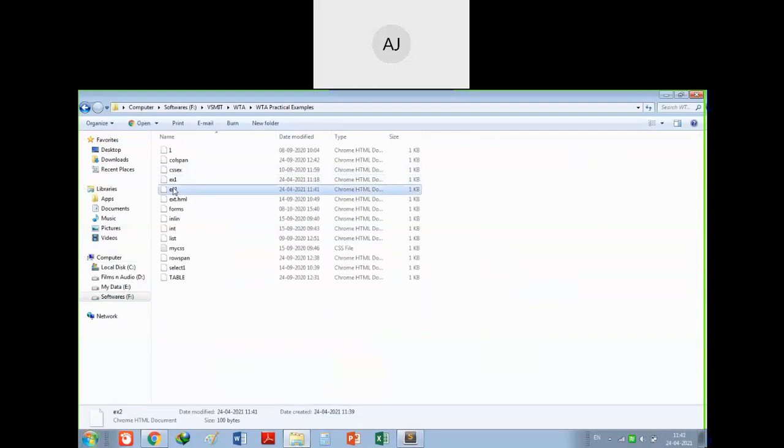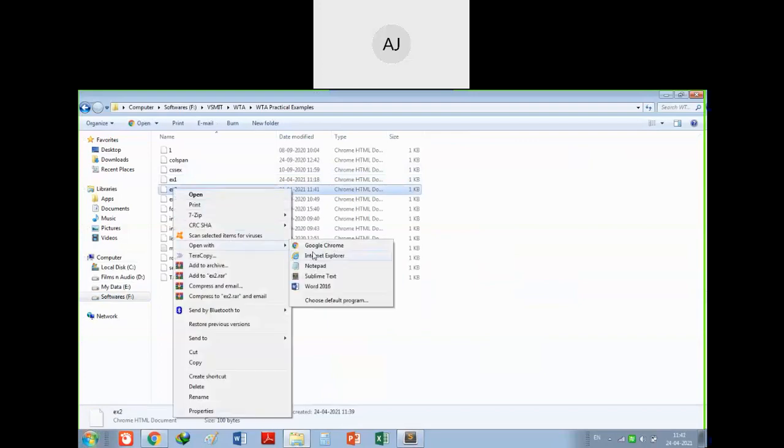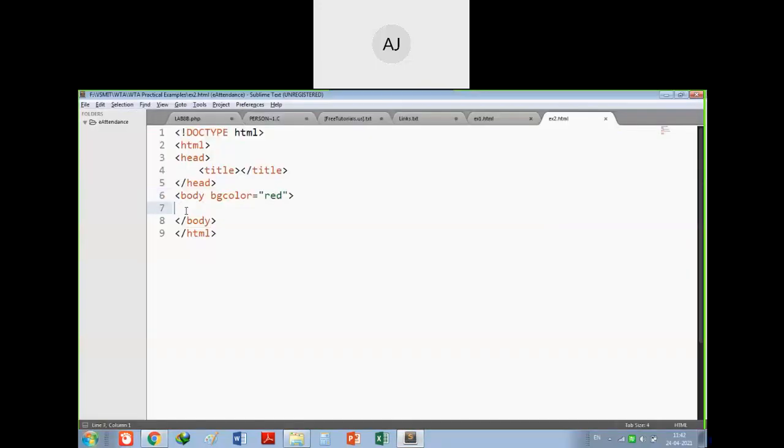So what is this? EX2. I will right click on this, open with, then Google Chrome. So you can see this particular web page has the background color as red. Okay, so I will make some notations here. I will write here, welcome to WTA online class.